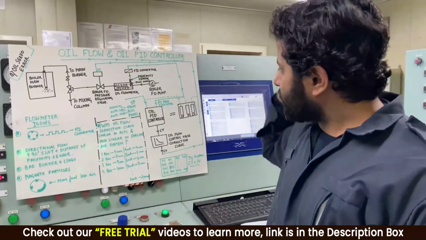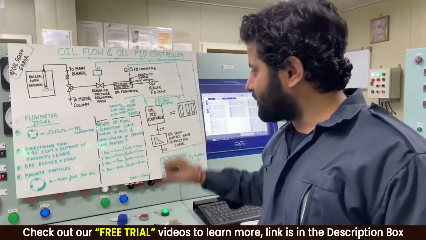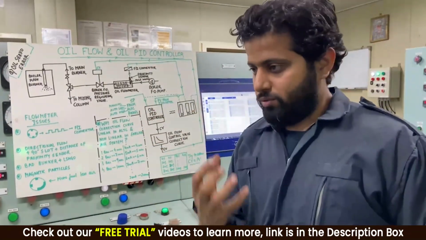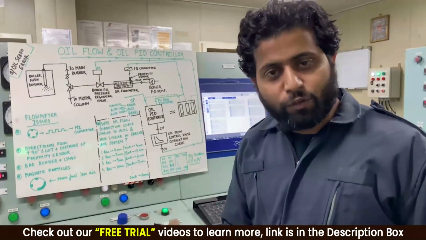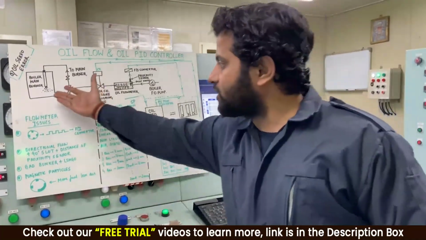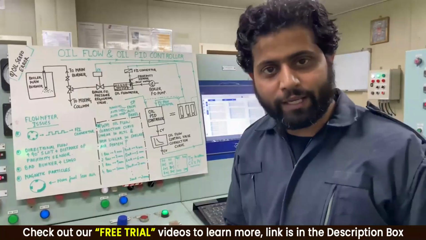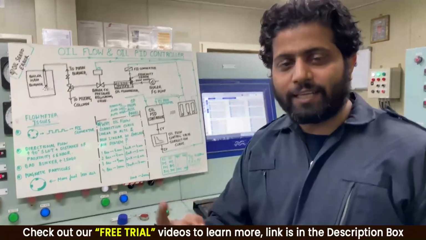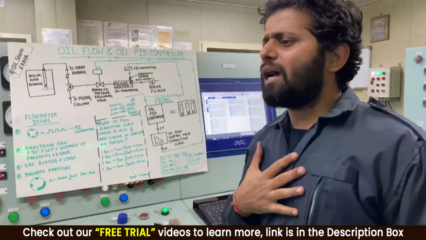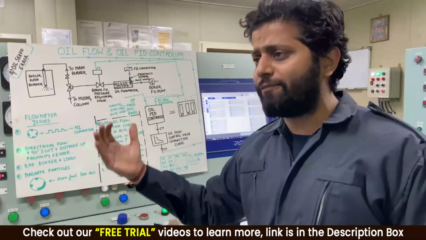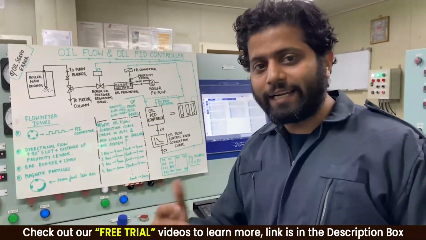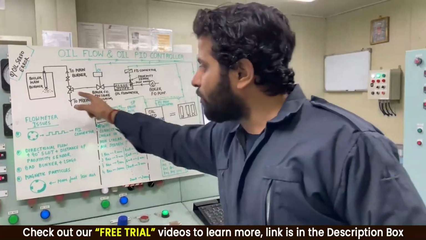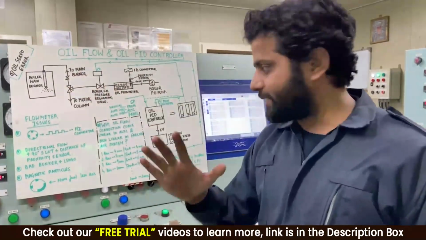So how do we get the set point, guys? Since it is related to fuel, without burning fuel we cannot start the boiler, right? We have to burn fuel over here to generate steam. So set point is generated in 3 ways. One is manual, where I am deciding how much load I have to give. I increase the load, I decrease the load, and accordingly more or less fuel is burning.